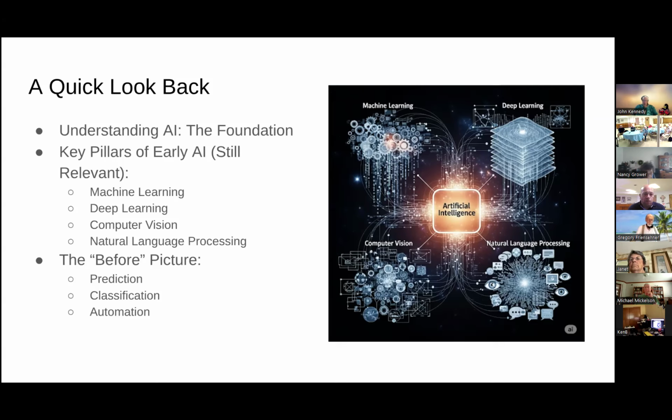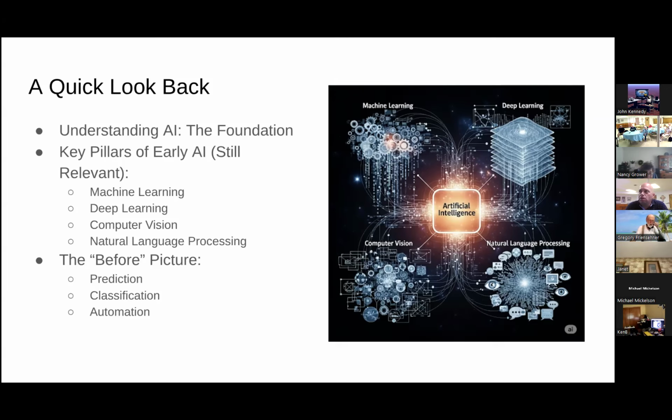The third key pillar of early AI is computer vision. It enables computers to see and interpret visual information. Some applications of computer vision are facial recognition, object tracking, and medical imaging analysis. Facebook has had facial recognition for at least 10 years, where you upload a picture and it puts squares around people's faces and you hover over it, and it's actually pretty good about guessing who that person is based on who's tagged in other photos that you've taken and uploaded. So that's a good application example.